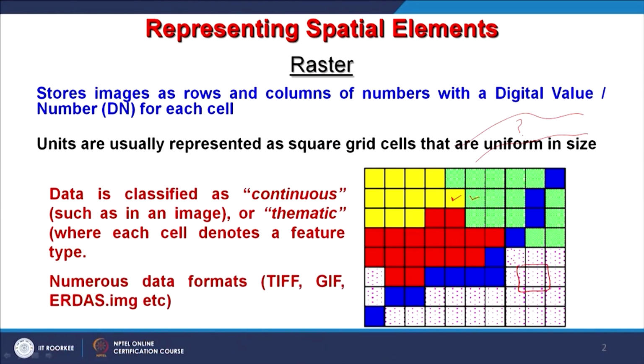Various formats for image and data are available. Sometimes the big software people have developed their own format, like ArcGIS having their own format which is called GRD, grid format. TIFF, tagged information file format, is a very common format for image data, because raster has two types, one is grid and image. So, for image, TIFF, tagged information file format, or in short we also write sometimes only TIF,